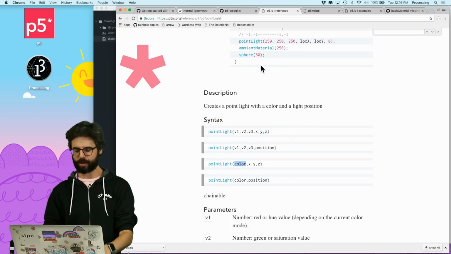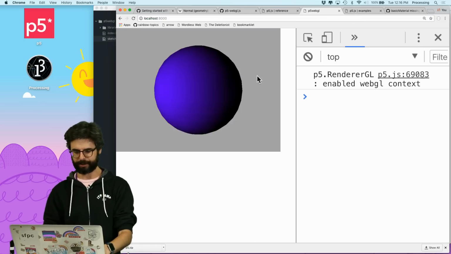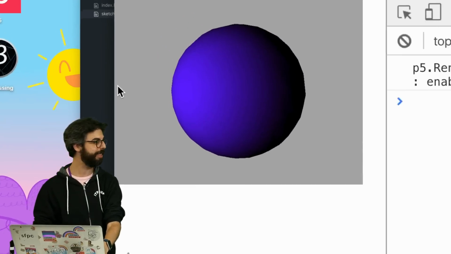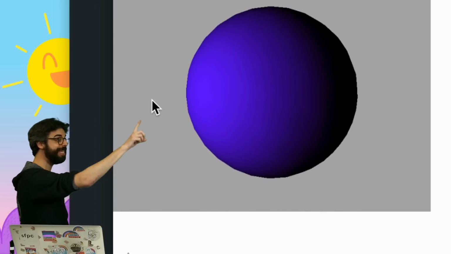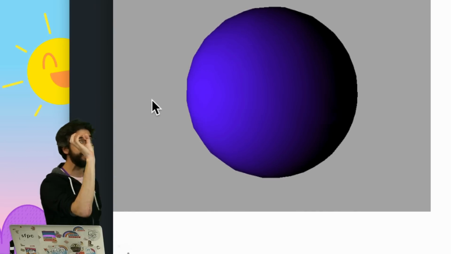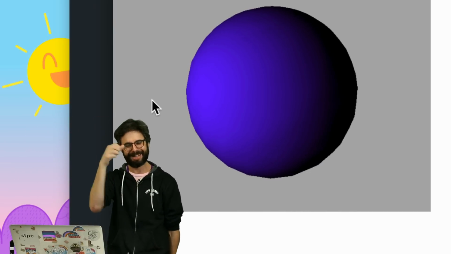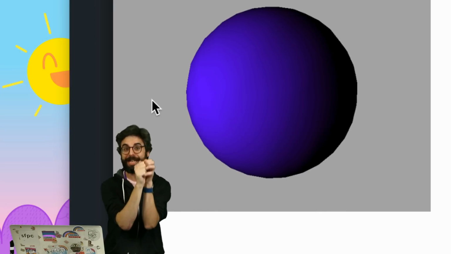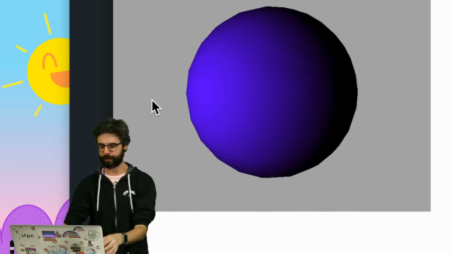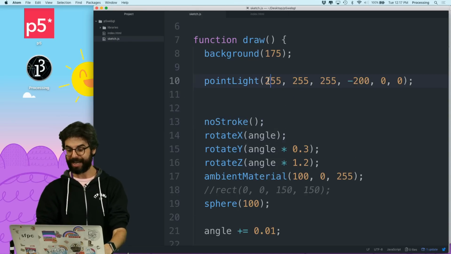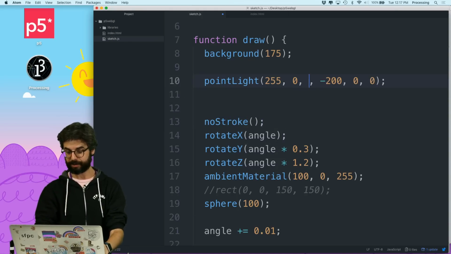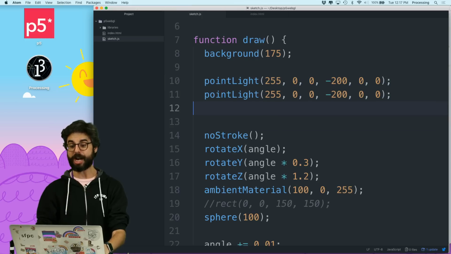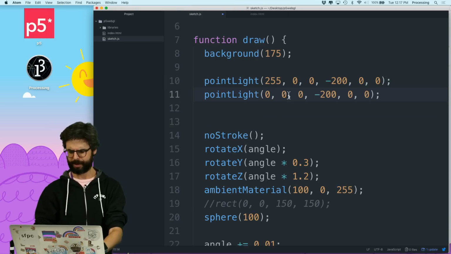So what that's going to do now is, you can see the point light is somewhere over here, and you can see this shading now. It's as if it's not a flashlight, that's a directional light, but it's a point light. So it's a light that emanates in all directions, but from a single source. So for example, if I were to now make this light red, and then make another point light that's blue, but on the other side,